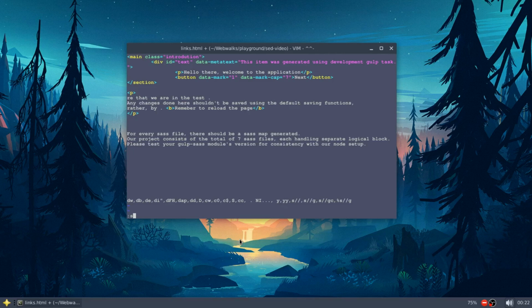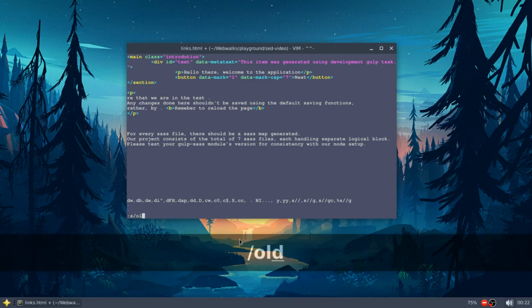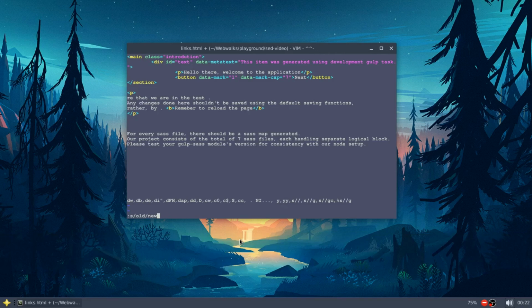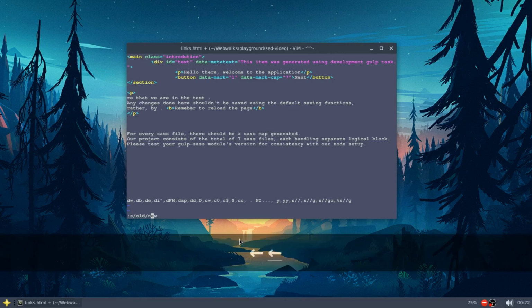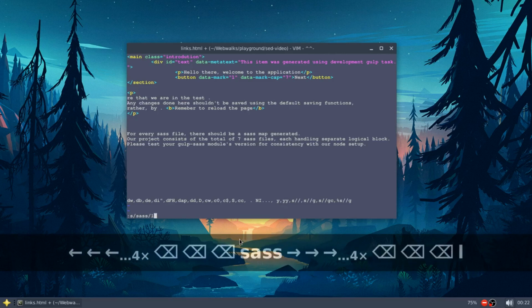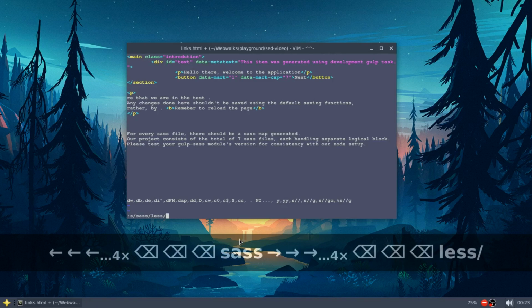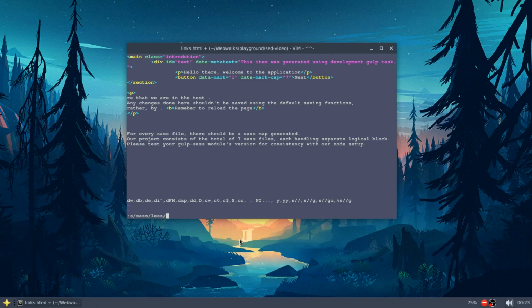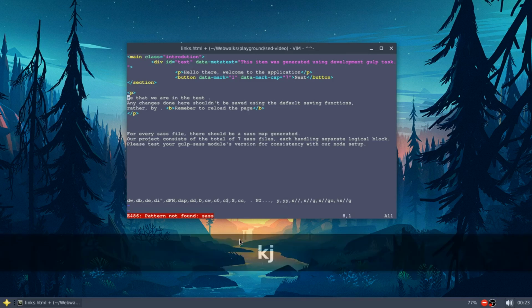I can use s/old/new/. Now old stands for the old string, so let's say it will be sass, and new will be less. Okay, and I use the next slash. If I press enter now, nothing would happen, because we were here at this line. So if I move onto this line,